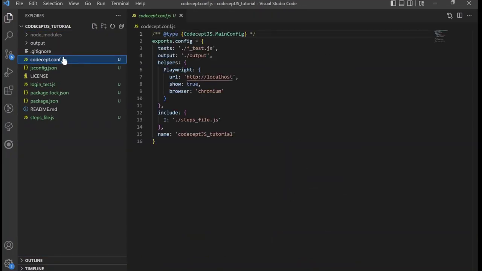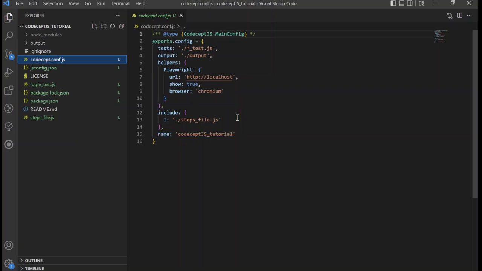Let's look at the main folders and files. Every CodeceptJS project has a config file. In that file, there are some settings about our project. For example, the main testing URL; output means the screenshot saving directory; show means show the test browser or not; the include object is a global object which facilitates dependency injection.